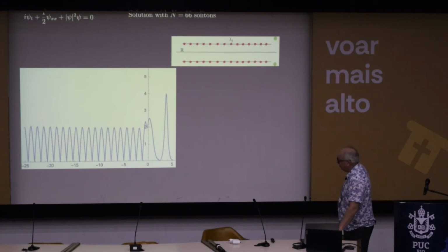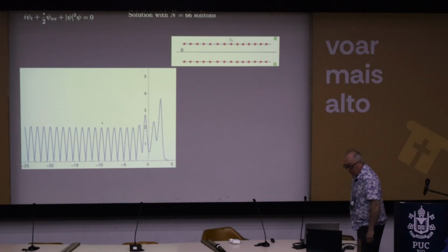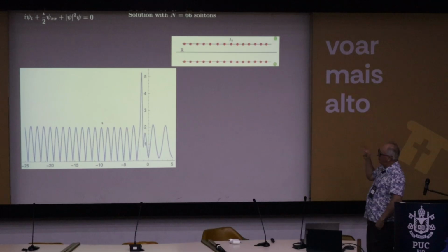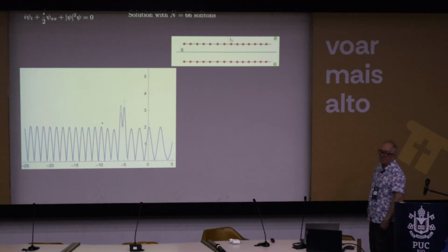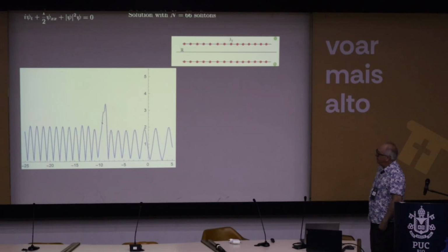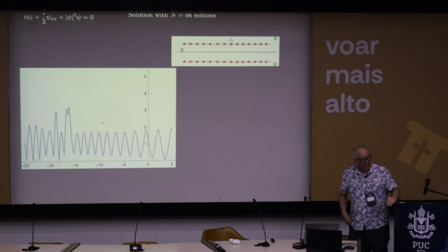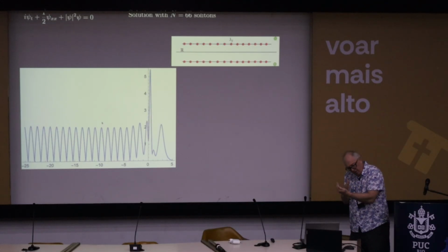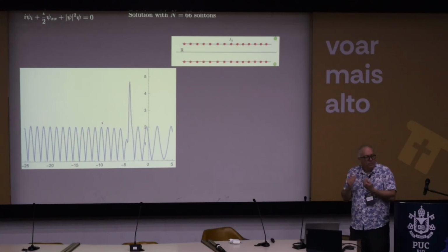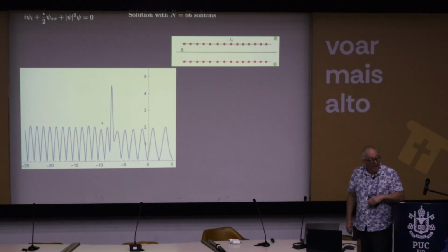So here's a movie in which there's 66 solitons, and so you see the red dots are the original 65 of them, and then there's one extra green dot in the upper and lower half plane that corresponds to a tracer, and I would like to enjoy watching this tracer soliton propagate to the left through this gas. Okay? Should we always imagine the tracers going faster than anybody else? No, you can change that, and actually the tracer can have its velocity drop to 0 and reverse backwards. It depends upon how you prepare the gas of solitons, what happens to it, okay?